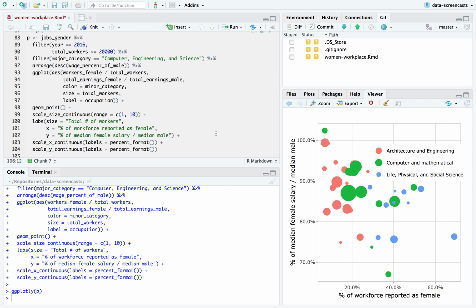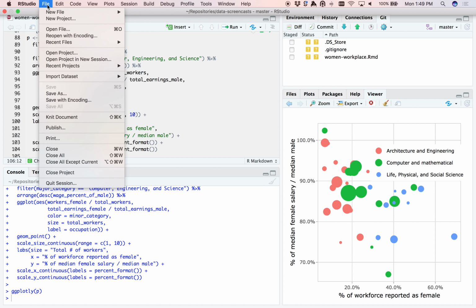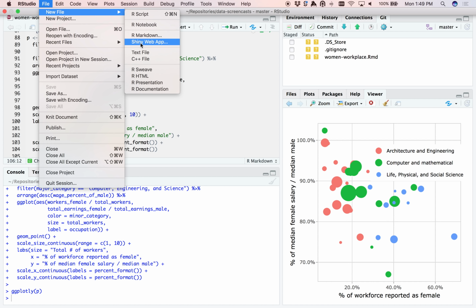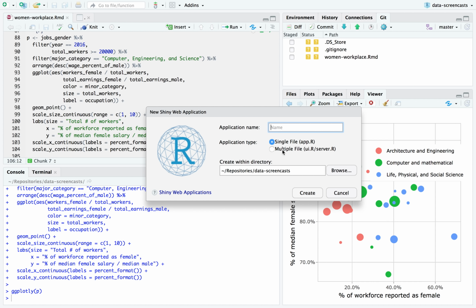At this step, if I wanted to share this with someone, I wouldn't want to share just general trends, because I think it's important to be able to dig into this because of the Simpson's paradox problem that we've been seeing so far. It's useful to be able to dig into the data. So I would create a Shiny application. I haven't done a Shiny application yet in one of these screencasts, but I'm going to go ahead and do it. I'll create a Shiny web app, a single file one within this directory, and I'm going to call it